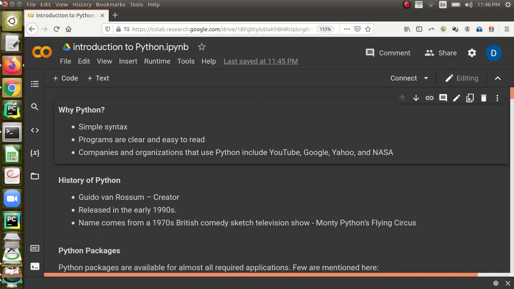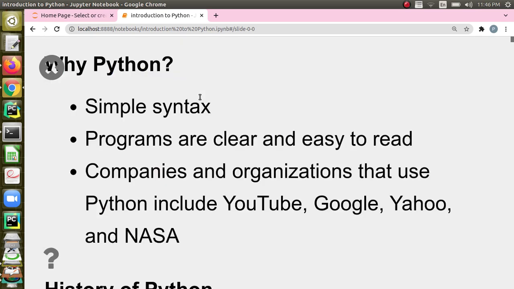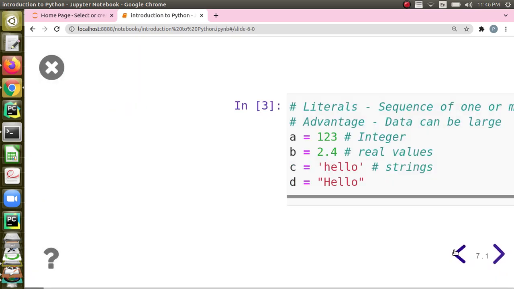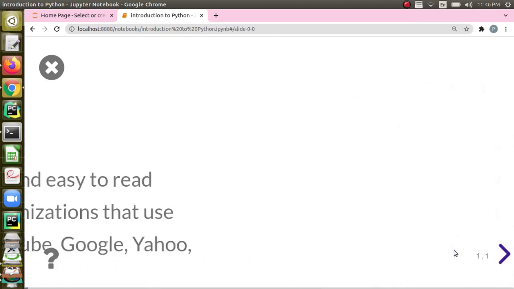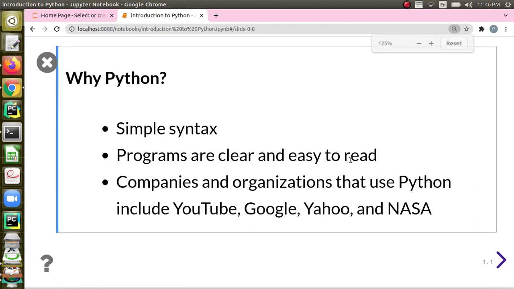I am going to run this on my local machine because I am going to use a particular tool called RISE, which will help me to do a kind of projection. This will help us to show a particular cell in a bigger size, particularly when we are doing presentations or when we are recording some videos. I have installed the RISE tool and I am going to go to presentation mode. Let me go to the first cell of this notebook and start the presentation.